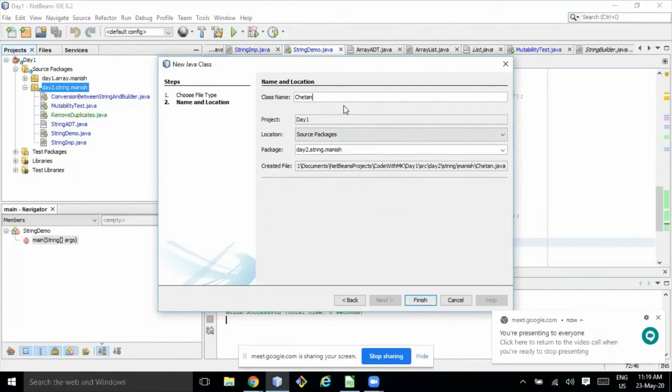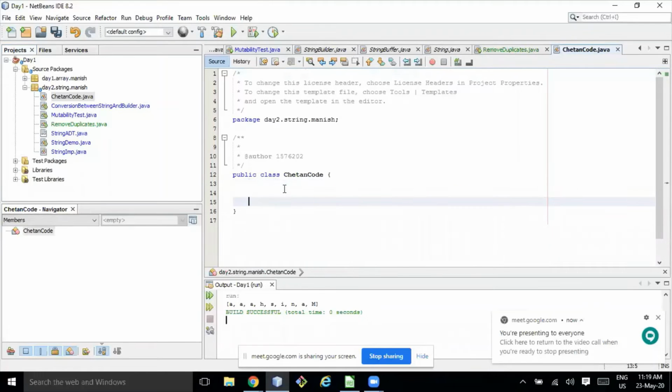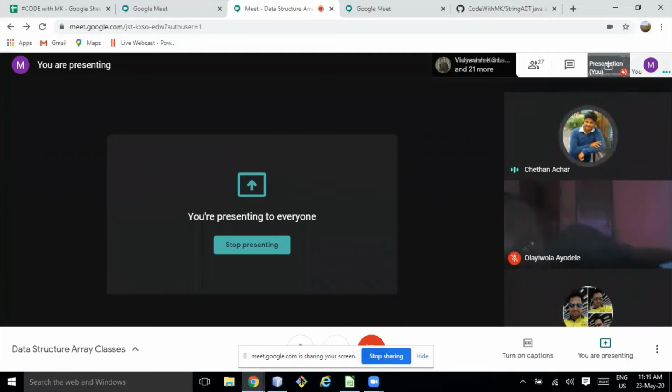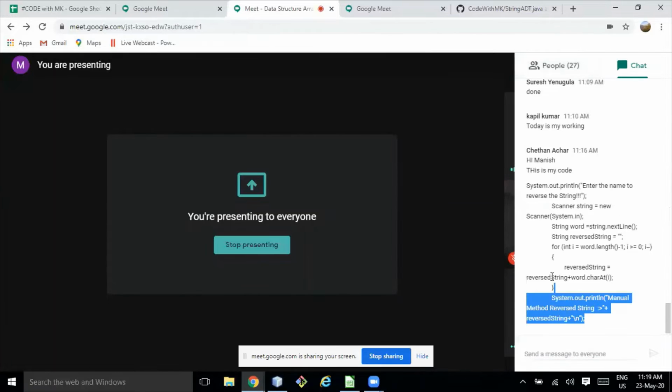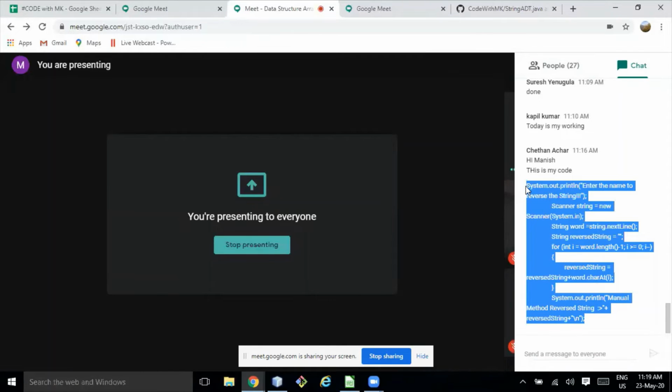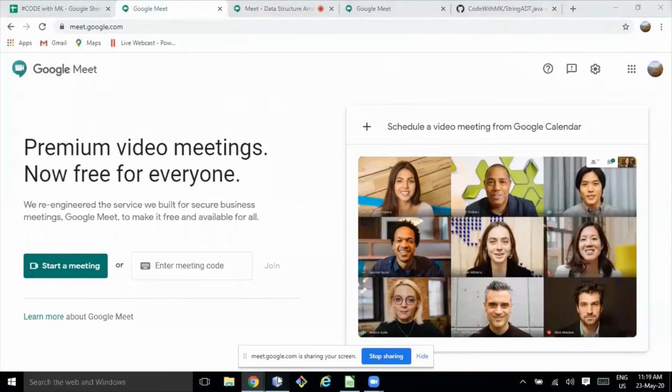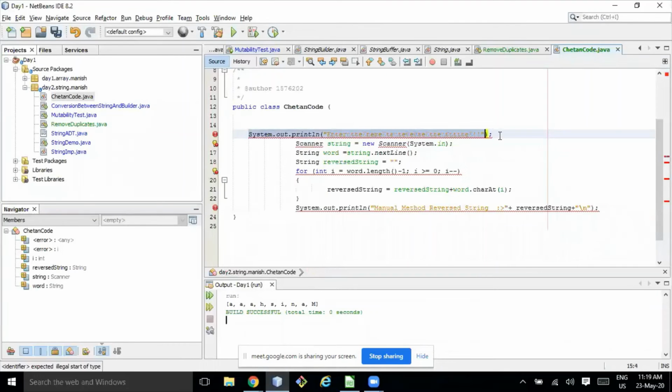Okay, Chetan's code. This is how Chetan implemented it. This is the code only. You need to keep that in a main method. Yeah, that I'll do.